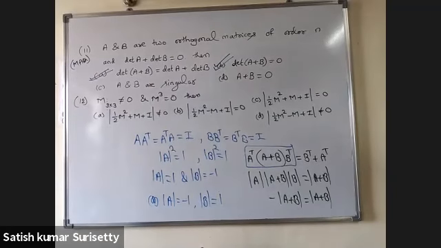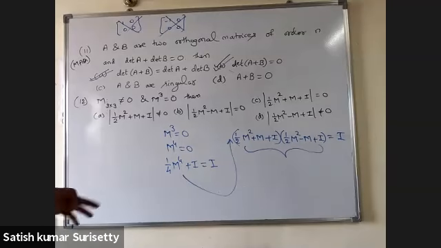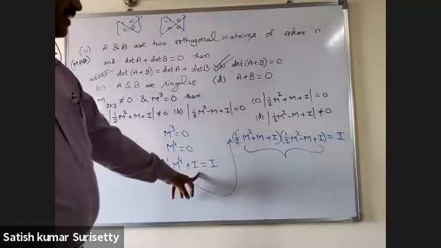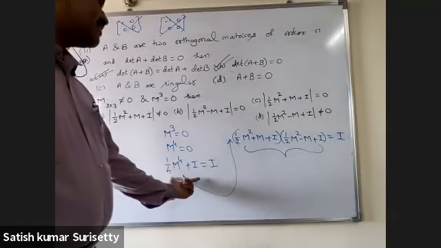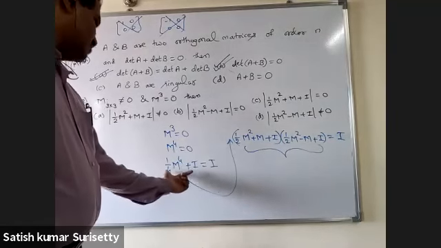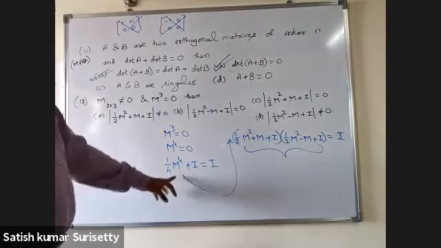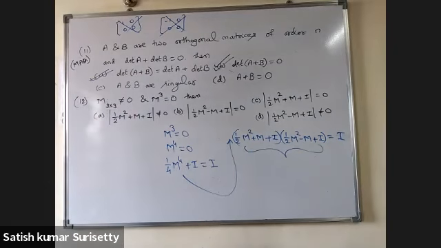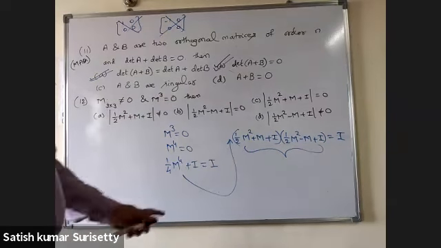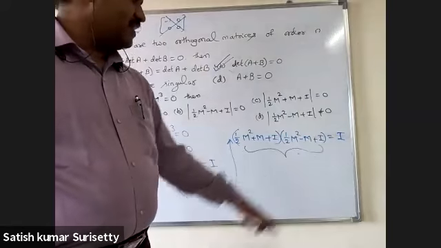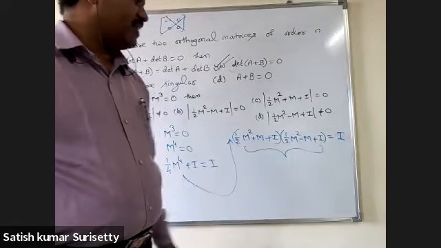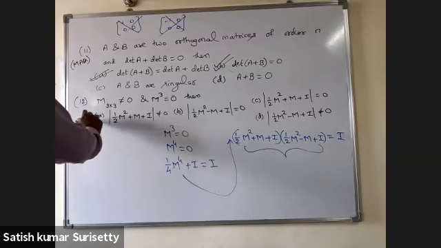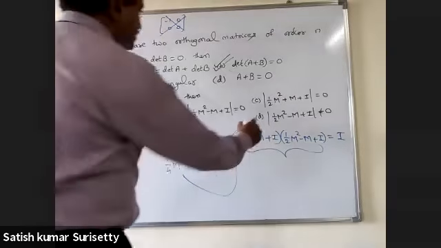Option D is valid only in some cases. M cube is 0, so M power 4 is also 0. You are dividing by 4 and adding the identity matrix. Now this is factorizable. So if you are good enough in polynomials, you can write this as a product of 2 factors, or else check the reverse order. Now from this, take determinant on both sides. Then the determinant of the product equal to what? 1. That means both cannot be 0 at all. That means A as well as D.